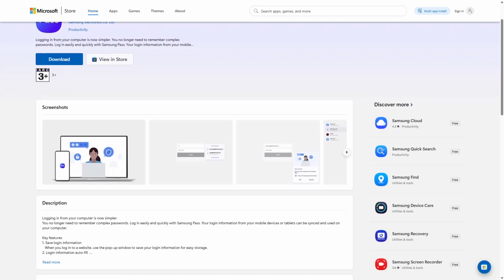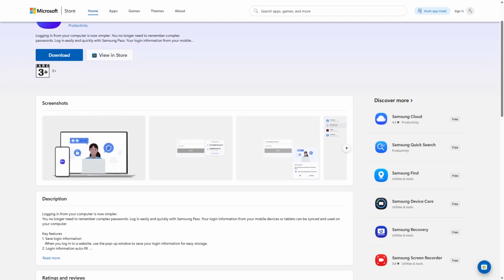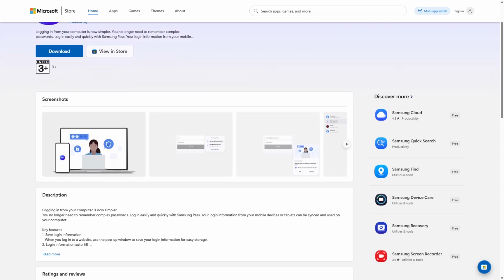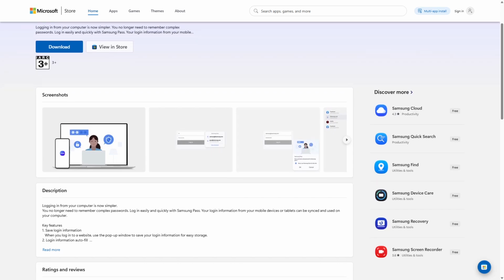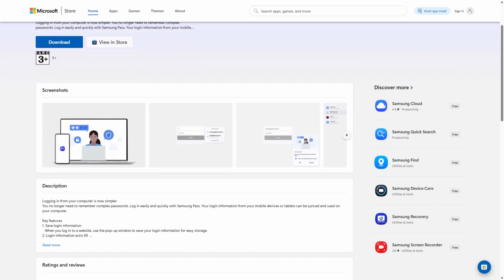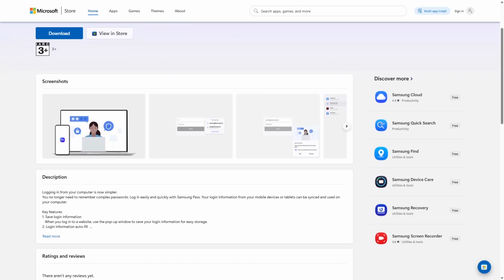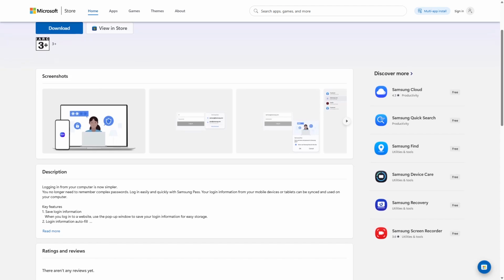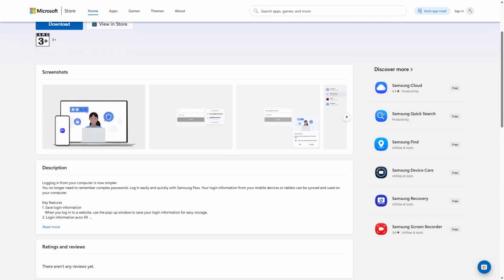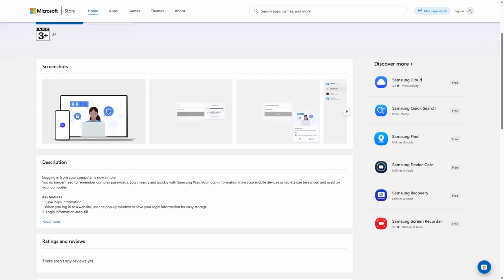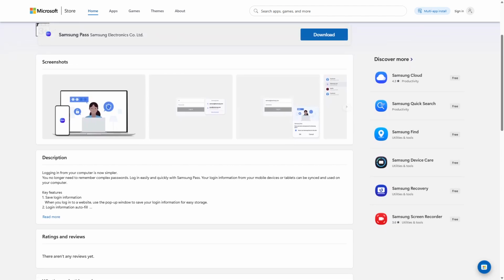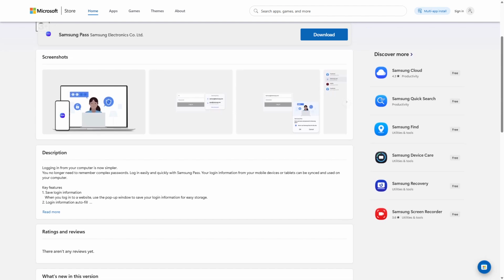However, Samsung Pass is limited to Samsung smartphones, tablets, and some smartwatches, making it less versatile for users with mixed device environments. It also relies heavily on Samsung's proprietary services, so users outside this ecosystem won't benefit. Samsung Pass is ideal for users who primarily use Samsung devices and want a seamless, secure way to manage passwords